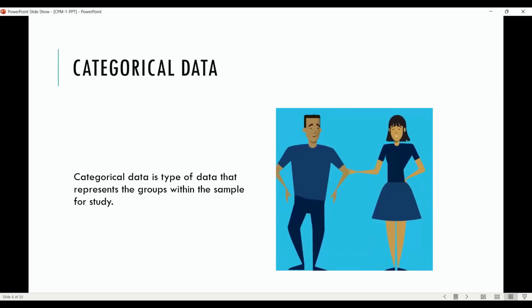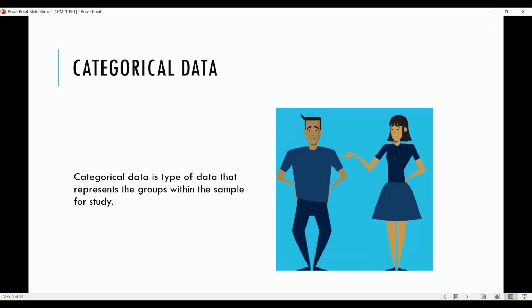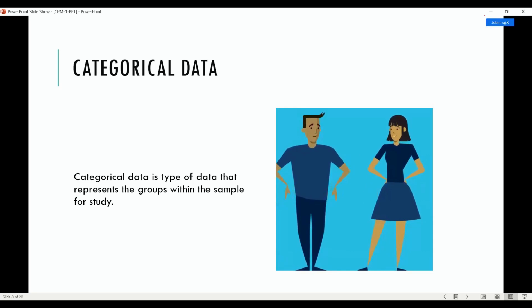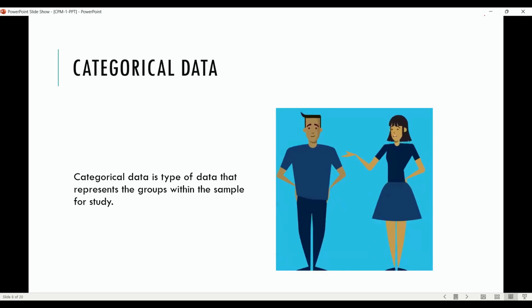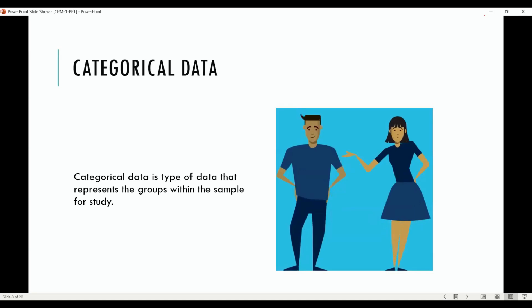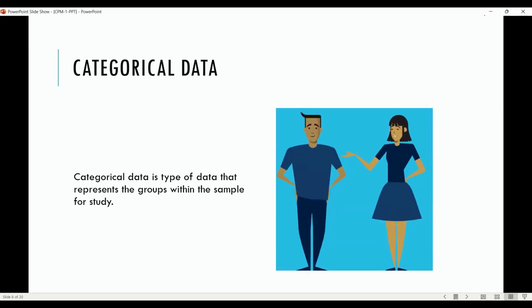So what is categorical data? When I say categorical data, it means a group. Say, for example, male, female, it's a group, right? Smoker, not smoker. It's once again a group, right? A person who prefers tea, who prefers coffee. Once again, a group, right? A person who is in a rural area, urban area, or semi-urban area. So these are all groups, right? When the questionnaire has options that completely represent a group, then it is called categorical data.